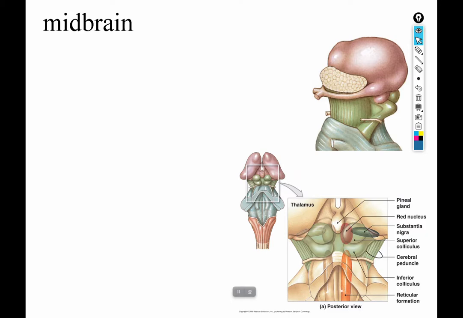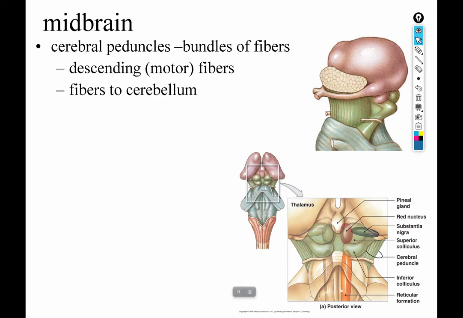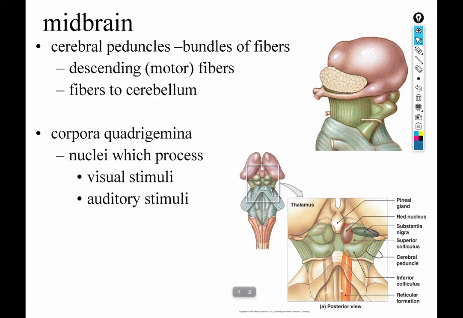Okay, midbrain. The midbrain is one of my favorite things to talk about. I think it's an underappreciated piece of the puzzle. So I mentioned the cerebral peduncle already. So peduncle is one of my favorite words in anatomy and physiology because it's silly and funny to say, but what it means is a piece of neural tissue made of tracts primarily that connect one piece of the brain to another. So in this case, the cerebral peduncle